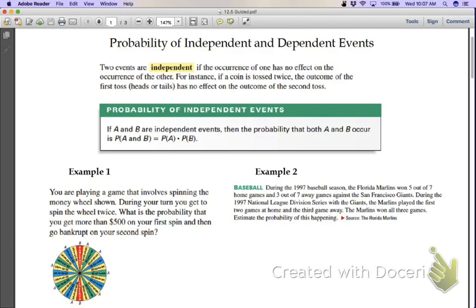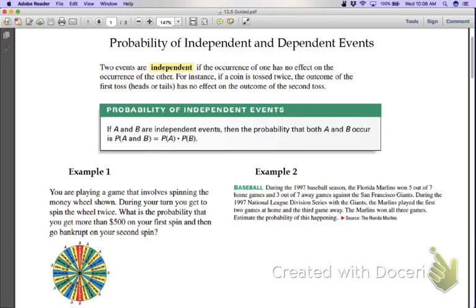Whereas, and we'll get into dependent events, if I have a deck of cards and I pull one card out and then I don't put it back in the deck, then the probability is going to change because I have one less card and one card's already out there on the table. So whenever we talk about probability of independent events, basically it's very similar to